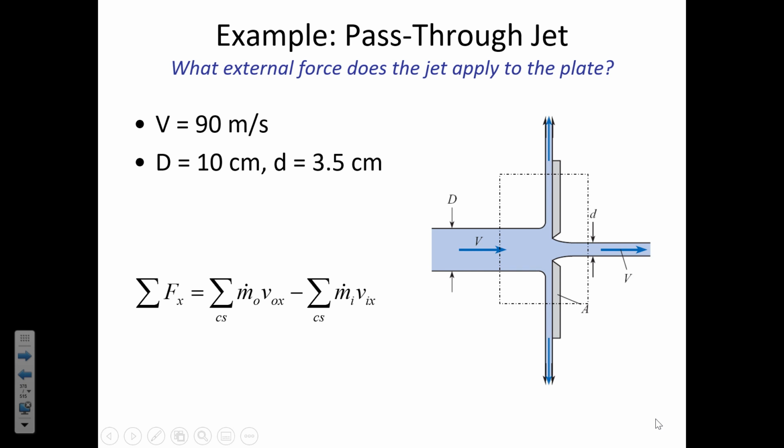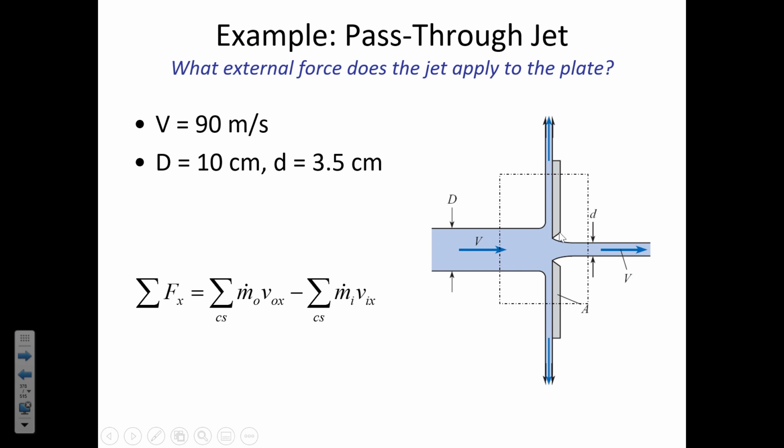All right, now let's consider this next example. This is a fluid jet that is spraying into a plate, and the plate has a hole in it. So this first fluid jet has a diameter of 10 centimeters, and then there's a hole in the plate. Some of the water is spraying outward radially. So we have to think in three dimensions here. If this is just a cross-sectional view, some of this spray is up, some of it is to the left and to the right. It's going in all directions radially, and we just want to know in the x direction